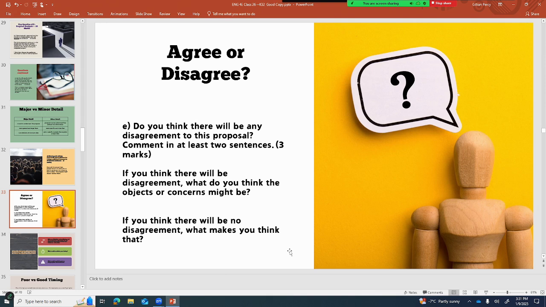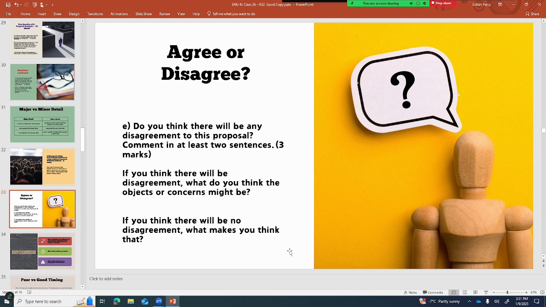If you were on the board that is in charge of giving the money, what might be some objections or concerns that you have about this project or about this group? It could be about the timing or the cost or whatever. Or what would make you say, oh yeah, absolutely, I think this is a great proposal and here's why.